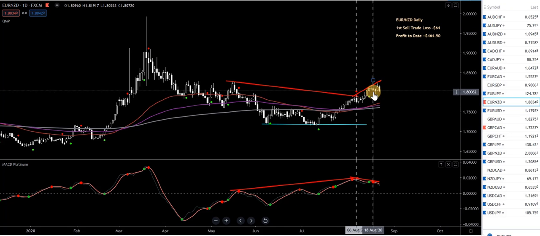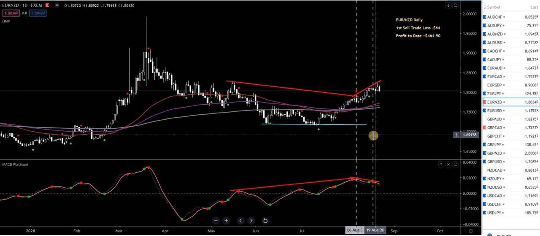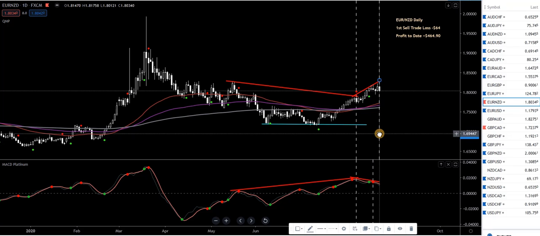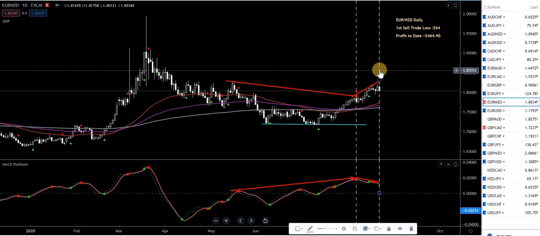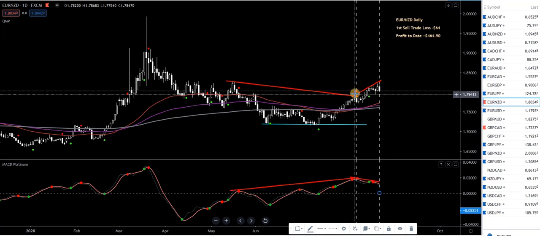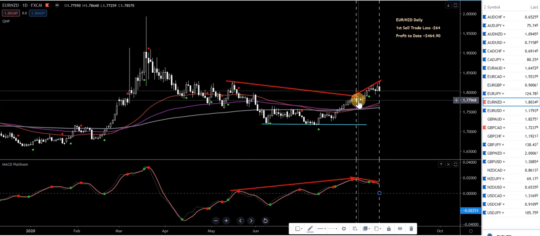Now, the second grey vertical line was drawn because there was a new red dot on the MACD Platinum, so I'm looking for a second sell. Now the sell's here, so on Monday this will be a sell at this level, and there'll be a stop up in this sort of area up here and this level. We've got regular divergence there again. So we had divergence here, we had